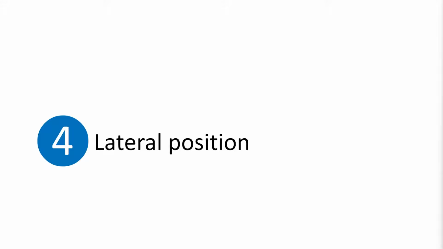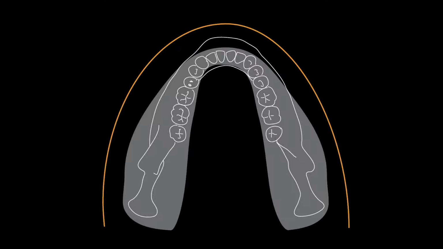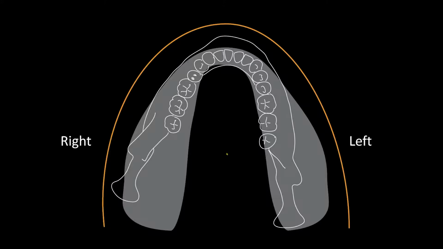In the lateral position error, we'll review if the patient has his head rotated towards the right or towards the left side. So again, this is the ideal location of the anterior teeth in the focal trough. The posterior teeth are centrally positioned in the focal trough. We'll call this the right side and that's the left side. If the patient's head is rotated, the right teeth are closer to the